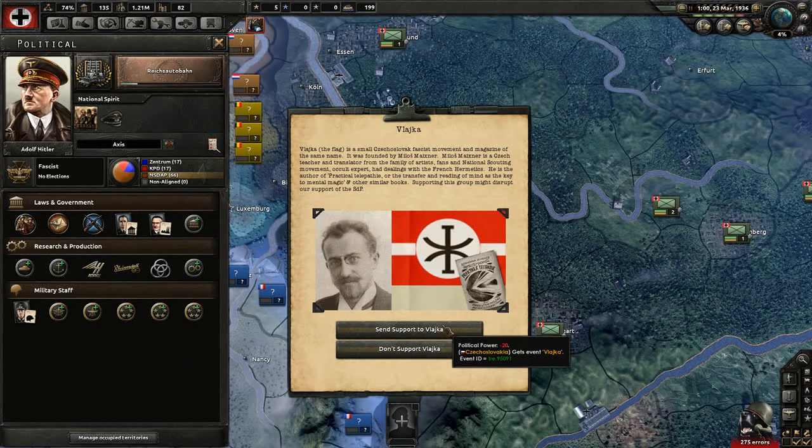So again here, okay, this is Vlajka, sorry, my Czech friends, that is the flag in Czech. He was a nut job. He started the magazine and the fascist movement. The reason I call him a nut job is because, I mean, we can talk about